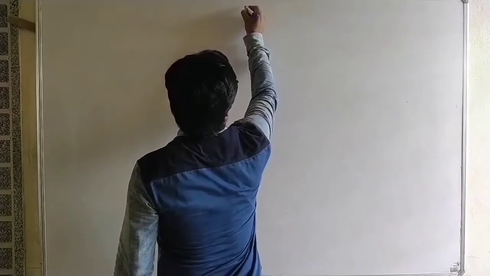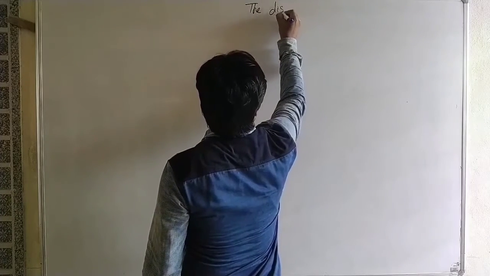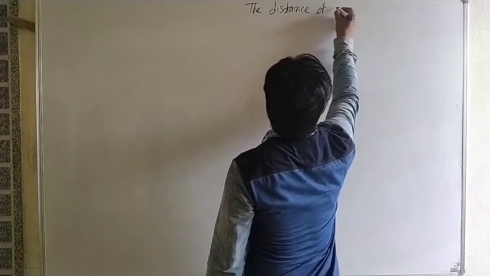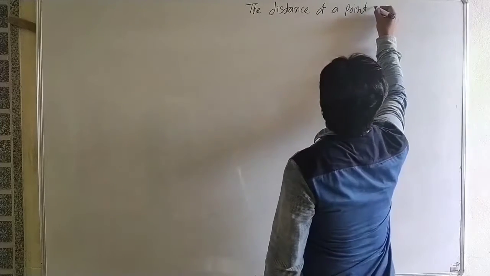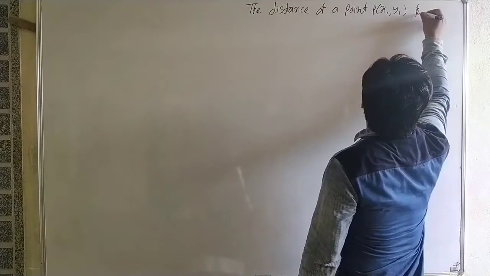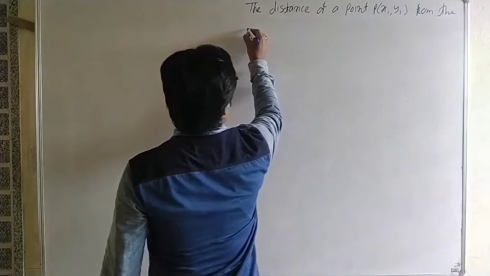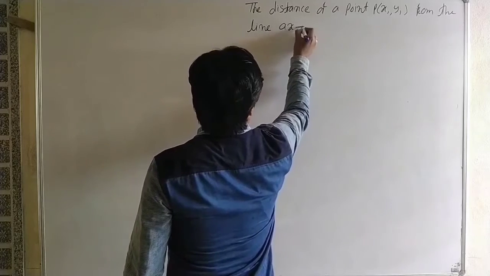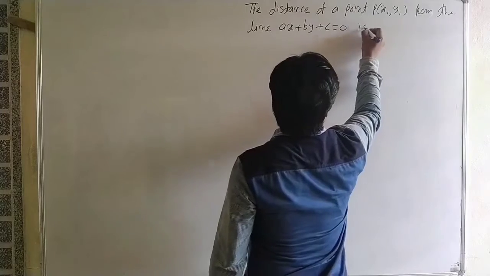Here the distance of a point, we suppose it is P(x1, y1), from the line ax plus by plus c equal to 0 is given by